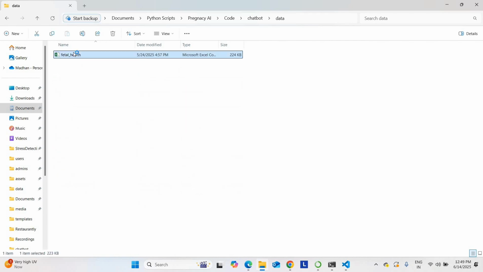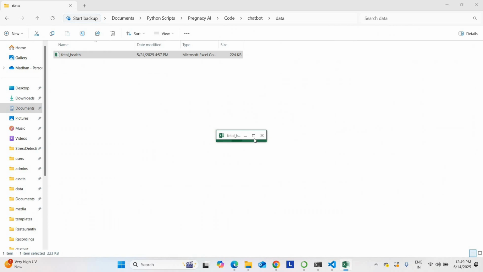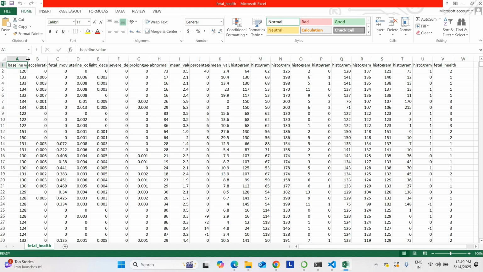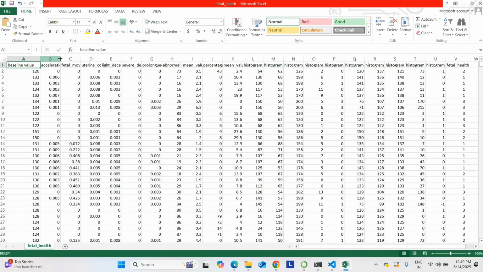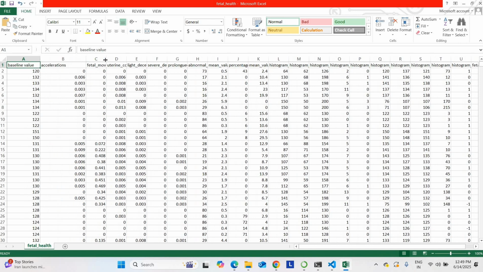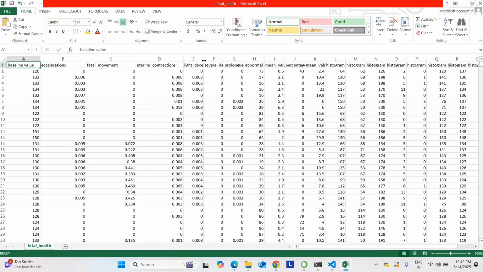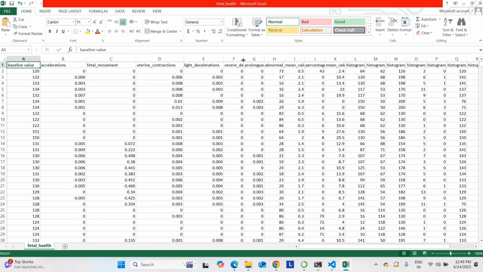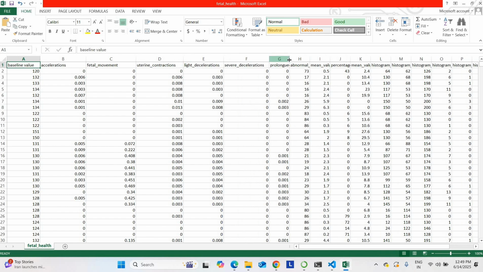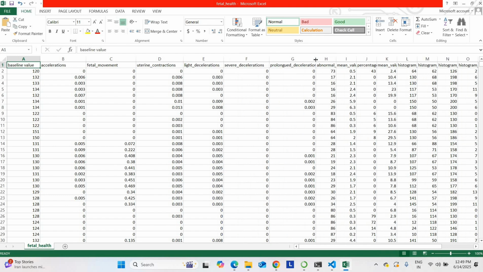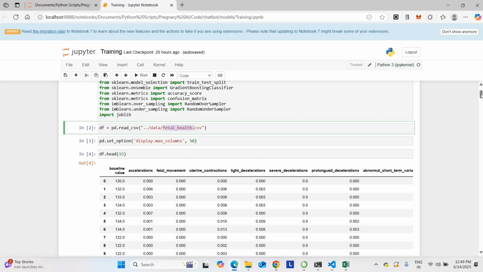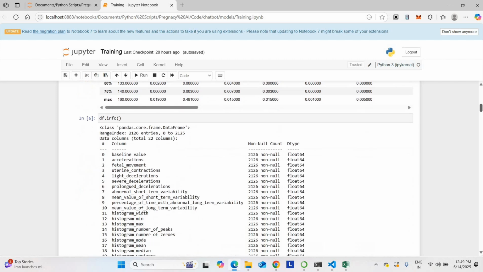So this is the project dataset. To predict the fetal health, we are using the fetal health dataset. You can see various parameters over here: baseline value, acceleration, fetal movement. These data come directly from the doctor's test report. If the doctor is doing an ultrasonic test, this data should come directly from the ultrasonic test report. We have to feed this data to our project, so you can check the accuracy of the project. So this is the dataset we have taken.